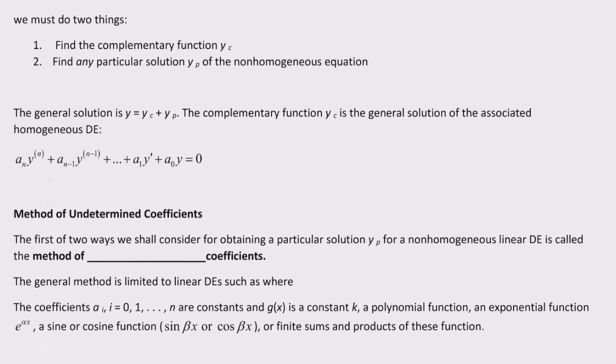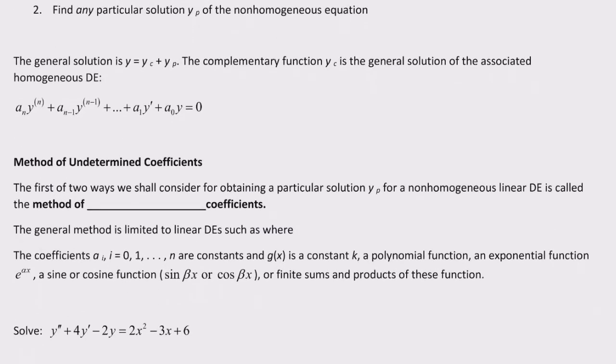All right, the first of two ways we're going to consider for obtaining a particular solution for a non-homogeneous linear differential equation is called the method of undetermined coefficients. The general method is limited to linear differential equations where the coefficients are constants and g of x is a constant k, a polynomial function, an exponential function, or a sine or cosine function, or finite sums or products of these